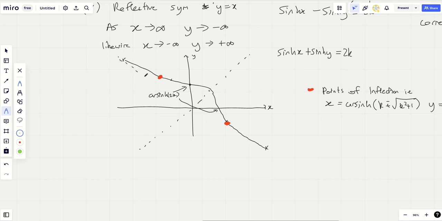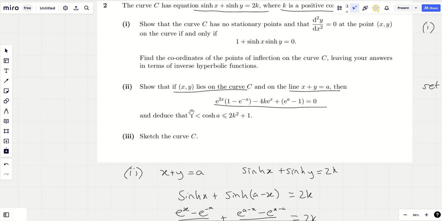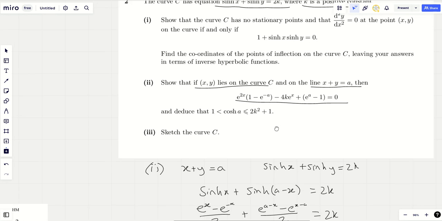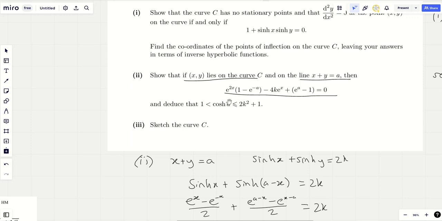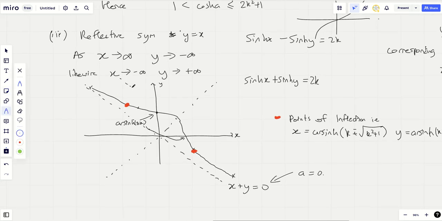Well, it's actually trapped between the line x plus y equals 0, and that's because that's where a is 0, and if a is 0, well, you get cosh a. We've already worked out this condition, haven't we? If a is 0, then you get cosh of 0 is 1, but we know that this is going to be bigger than that, the cosh a value, and so, you know, this is lovely. This is telling us the range of values between which the curve must sit. And so the final line is going to be coming down like here, and that's going to be literally